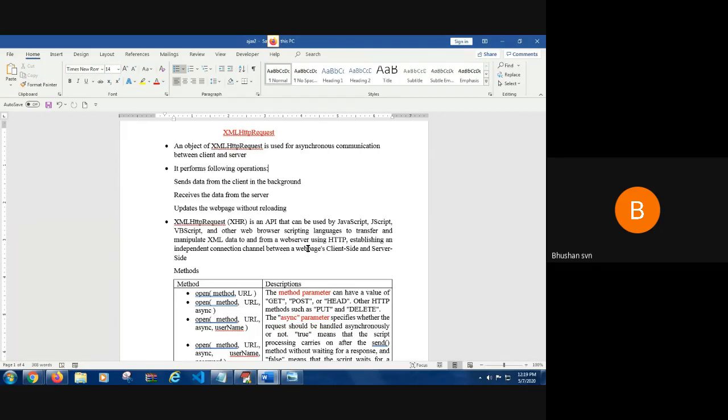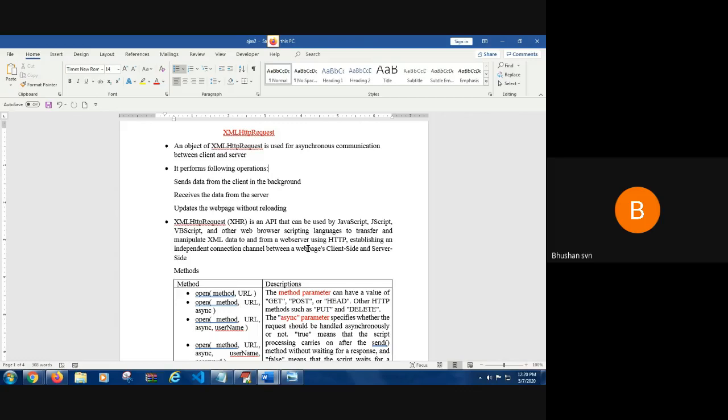It provides an independent channel between the web pages of the client and the server. That means it provides a mechanism to send and receive data through this Ajax engine, which is built in and is used to transfer the data between the client and the server. In normal cases, HTML was also doing the same thing, but it did not have the Ajax engine. Here we use the Ajax engine because we want to change only a part at runtime without reloading the entire contents of the page.